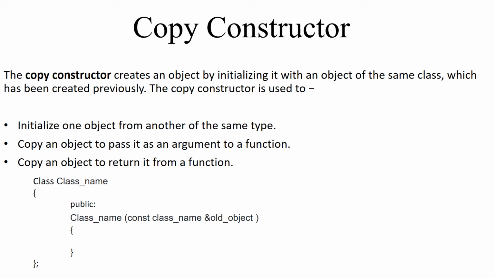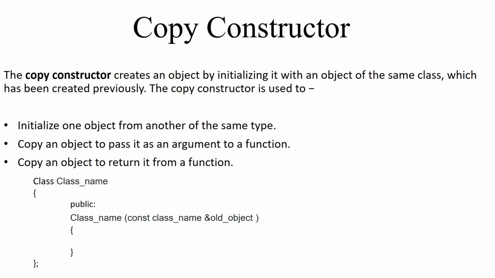So now you can see regarding the syntax of a copy constructor: class name, public, class name, const, class name, and old object. So starting with the first line, here we have a class declaration in which we have a name of the class. After that, we are declaring the public copy constructor, which will have the same name as the class, and with the constant type, again using the class name for the object which is being called, which is the previously assigned object.